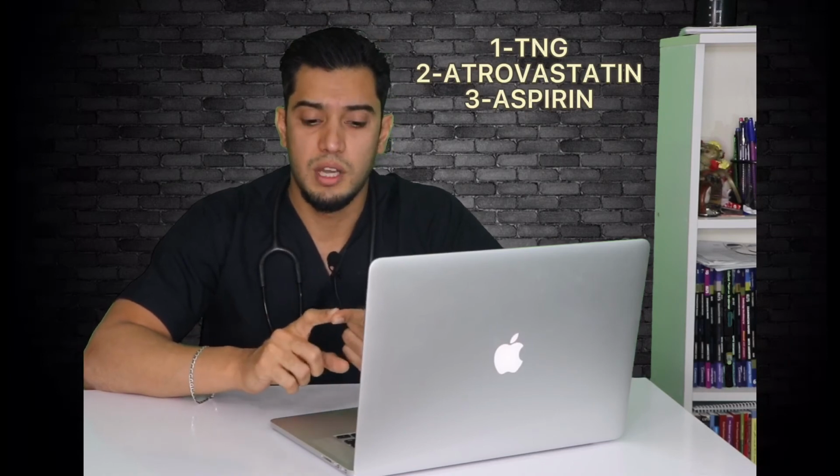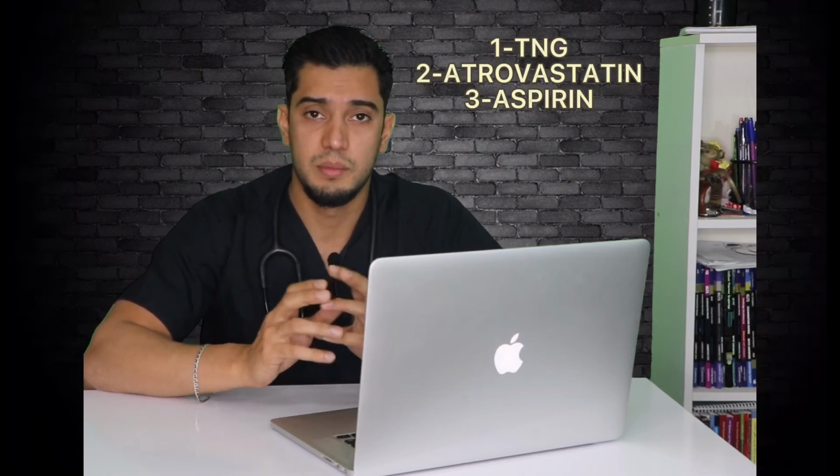TNG has 2 types. The most common forms are the tablets, which can be placed under your tongue, and it can also be in the form of patches, which can be placed in the axillary region. If you have these symptoms, just take the tablet and put it under your tongue. It will dissolve, enter into your blood, and improve the cardiac function.